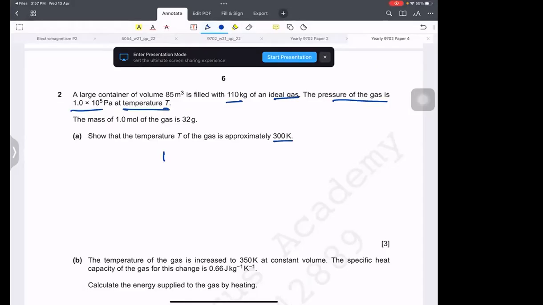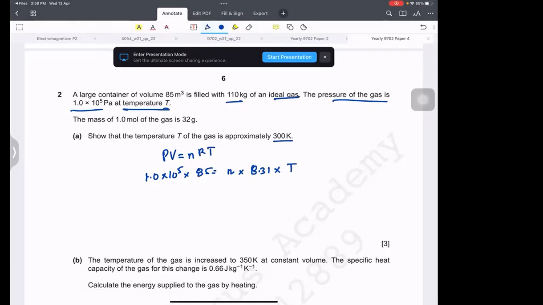So we can use PV equals to NKT. Can we use that? NRT, sorry. NKT, NRT. Okay. So let's do 1.0 times 10 raised to 5. Volume आपके पास है 85. N we don't know. R is 8.31 and temperature we want to find. So N can be found out, and it could be found out